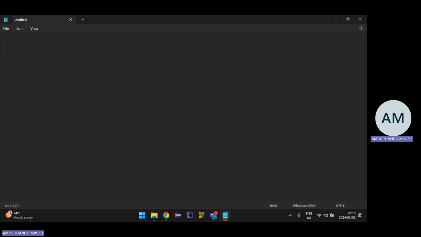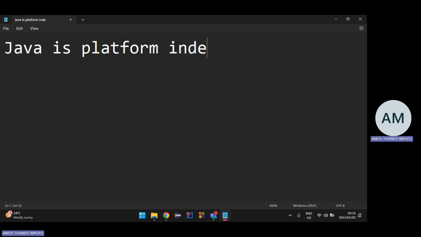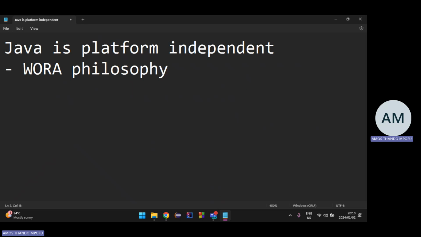Why Java? One of the things that I like about Java is that Java is platform independent. It follows the WORA philosophy, I think it's called, which basically means you write once and run anywhere.